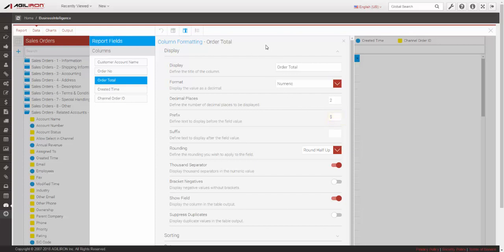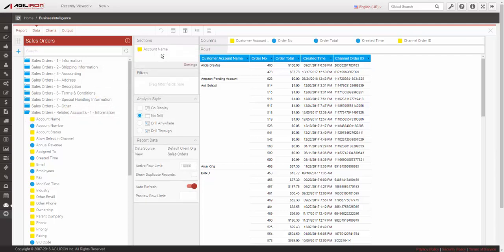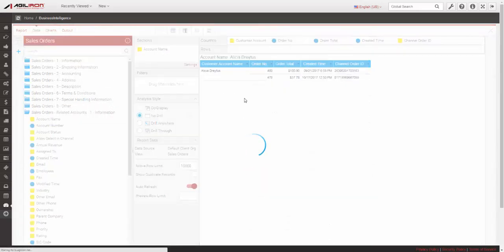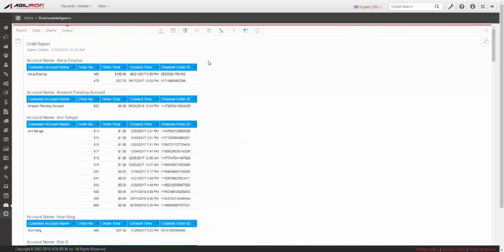You can further customize the report by breaking the data into separate sections. In this example, we'll move customer account name to the sections field, then select Output. This will now display a separate section for each customer. From here, you can customize how the sections display by selecting any of the format icons on the top menu